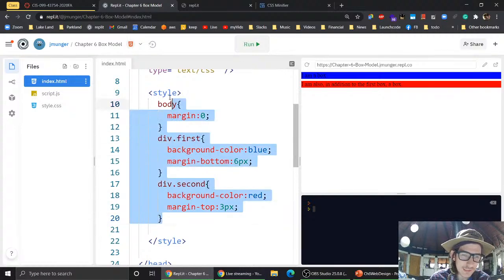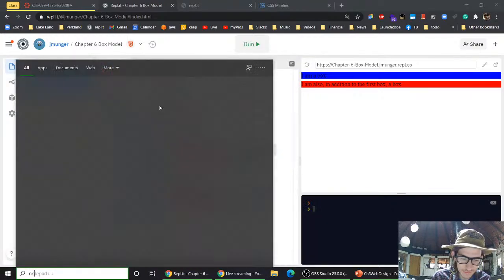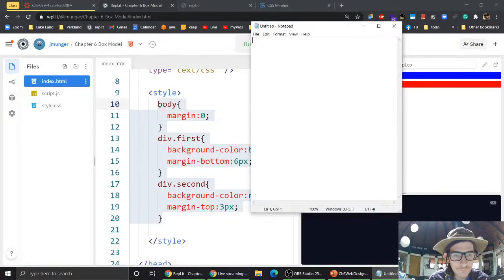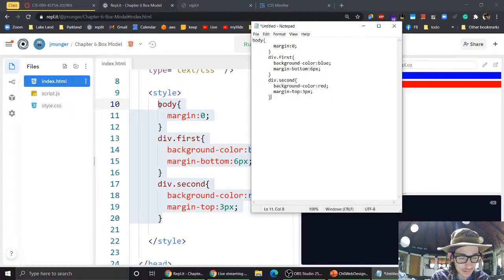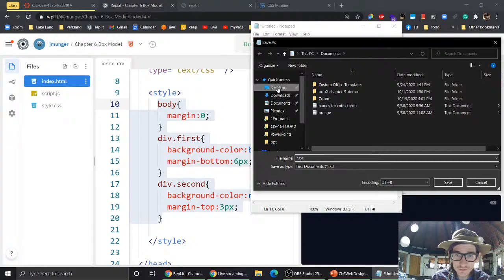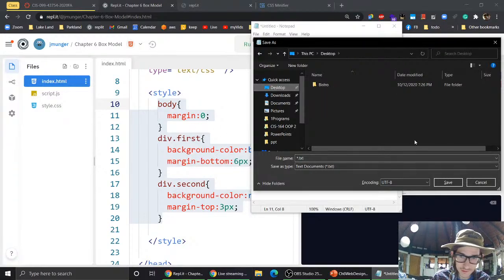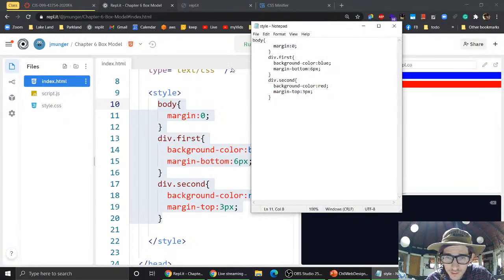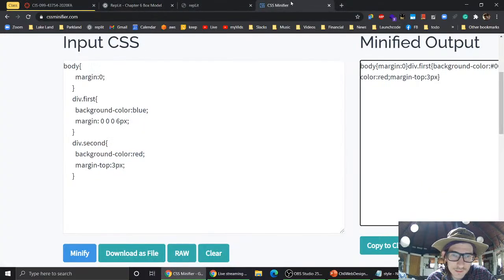And I probably can't demonstrate this because it's such a small amount of text here. Nope. Pad. Okay, we'll save this to the desktop. We'll pretend this is our external. This could be used as an external style sheet, so let's call it style.css. It's a common name. Okay, and then let's get the minified code, and we'll call that